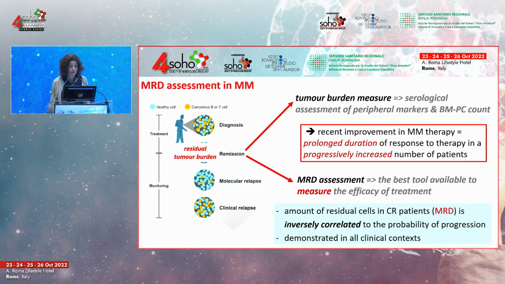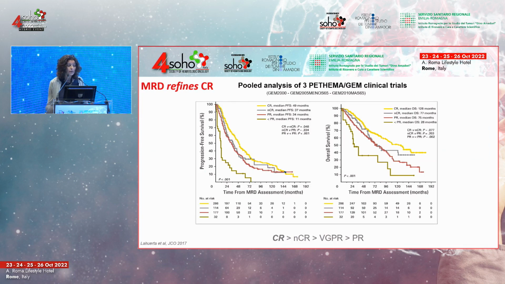And this has been demonstrated in all clinical contexts, showing that the amount of residual cells in responder patients is inversely correlated to the probability of progression. More importantly, the possibility to employ high-throughput technology has allowed to refine the definition of conventionally defined response categories, showing that patients in complete response, highlighted